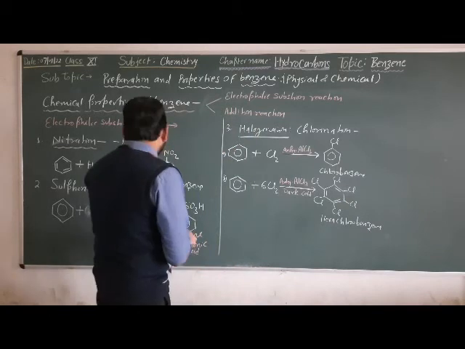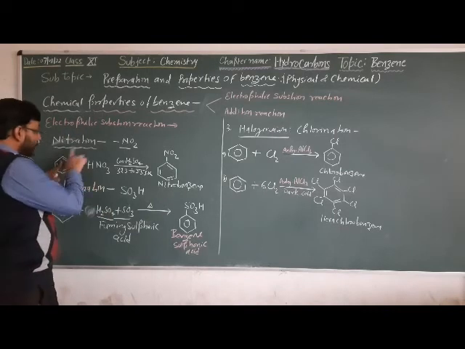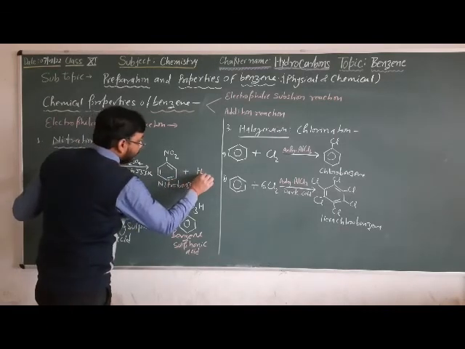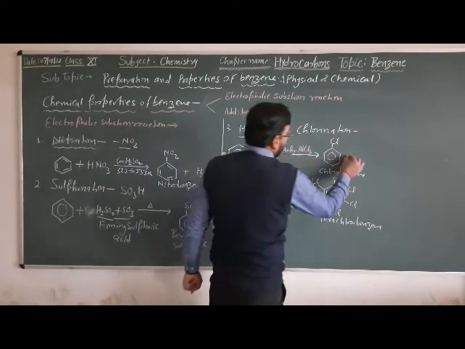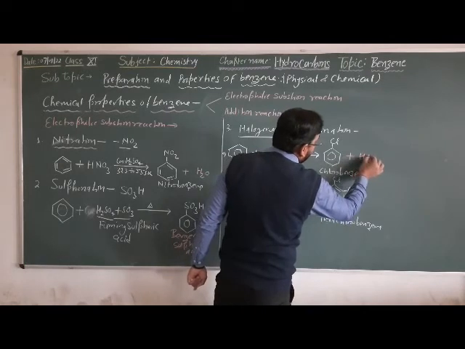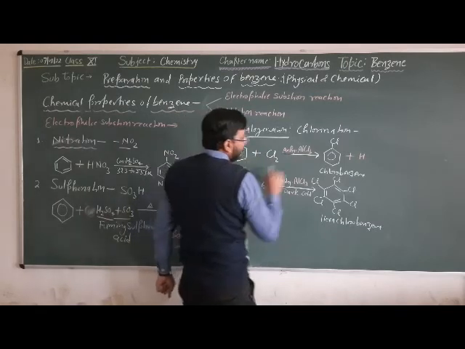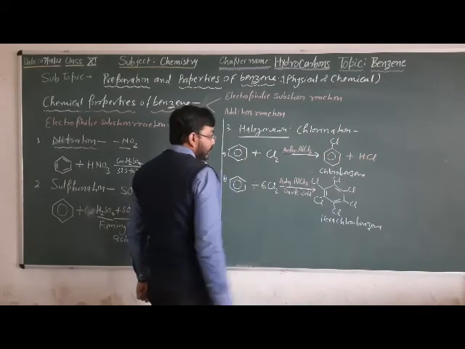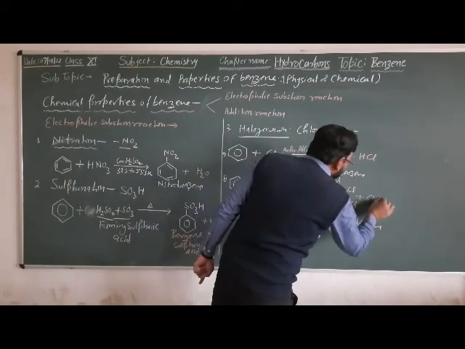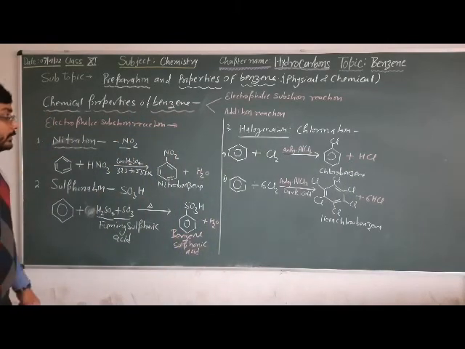Now you have to note this down. Here hydrogen is replaced and comes out as HCl. Each hydrogen is replaced using one molecule of chlorine: one chlorine atom combines with hydrogen to form HCl, and the other chlorine is added to the ring. Here we get 6 HCl. So note down these reactions. There are 2 left, alkylation and acylation, which I will discuss after that.